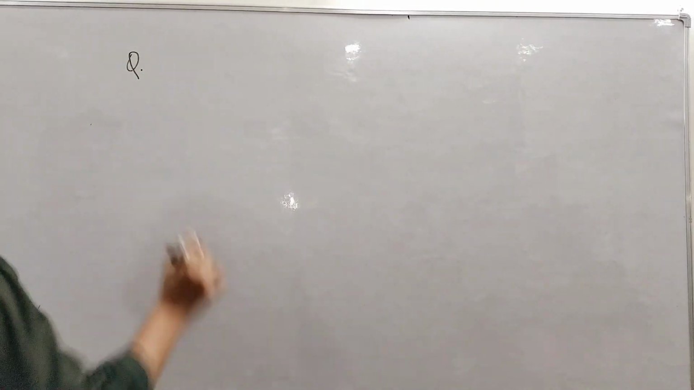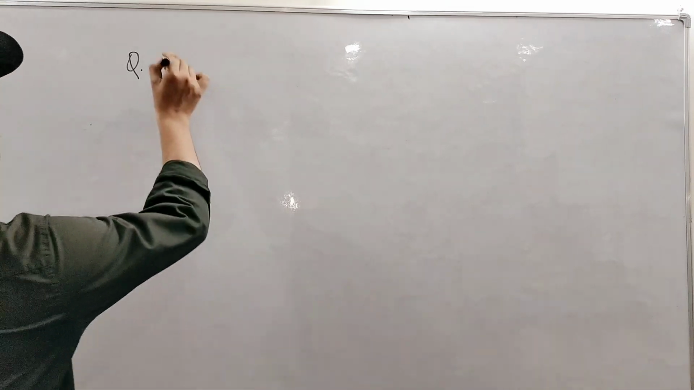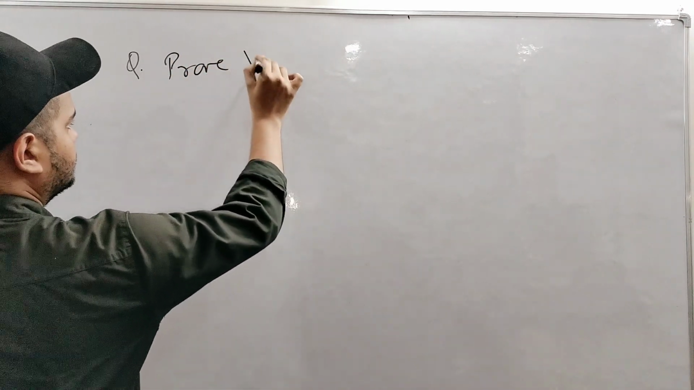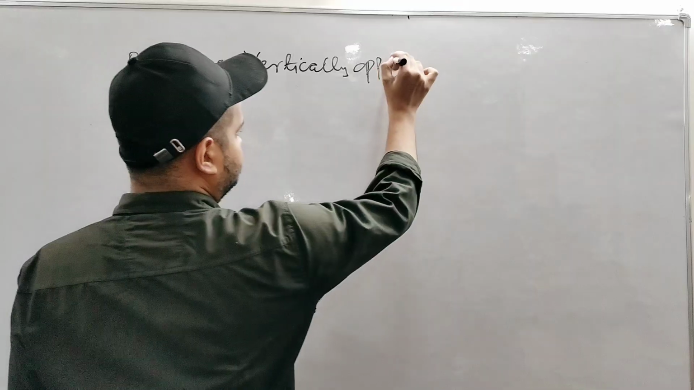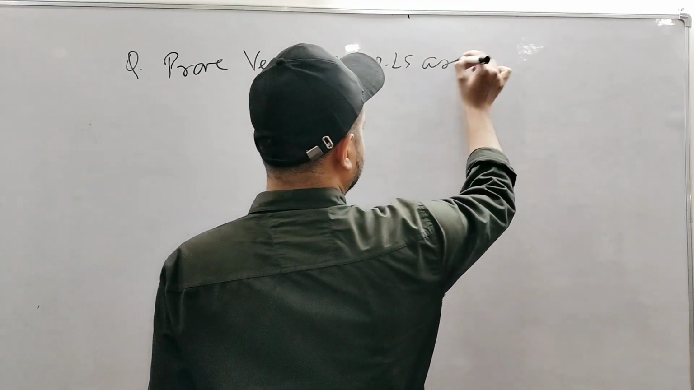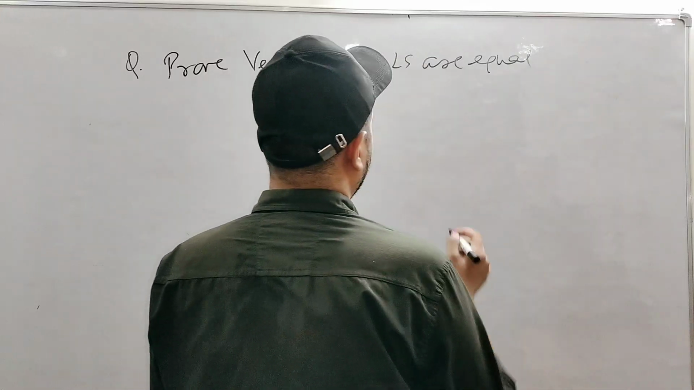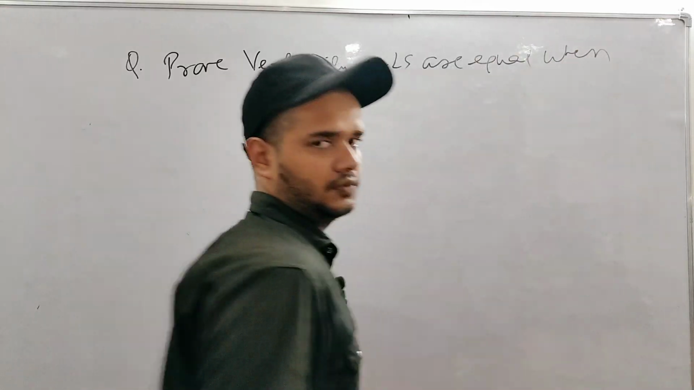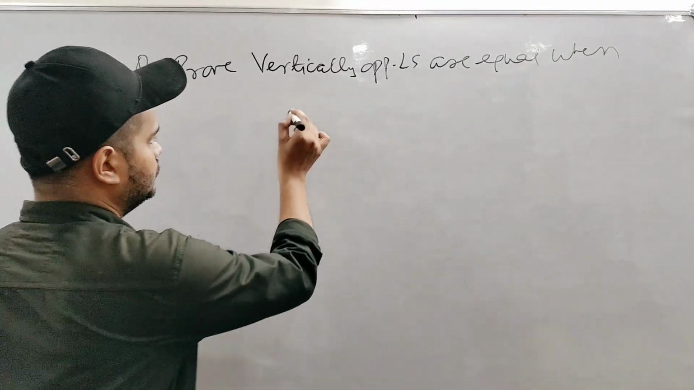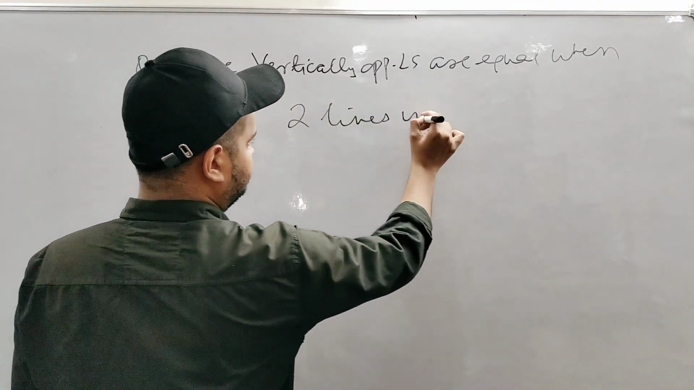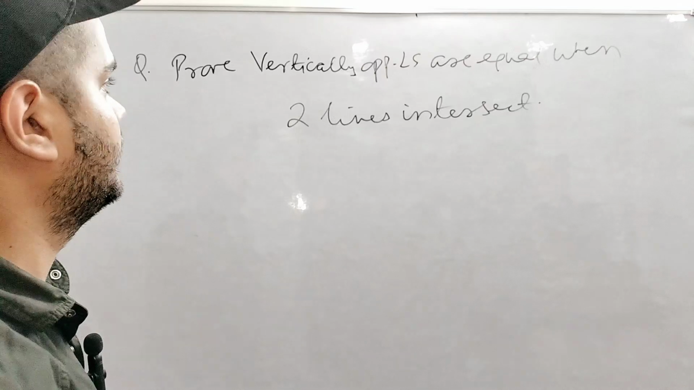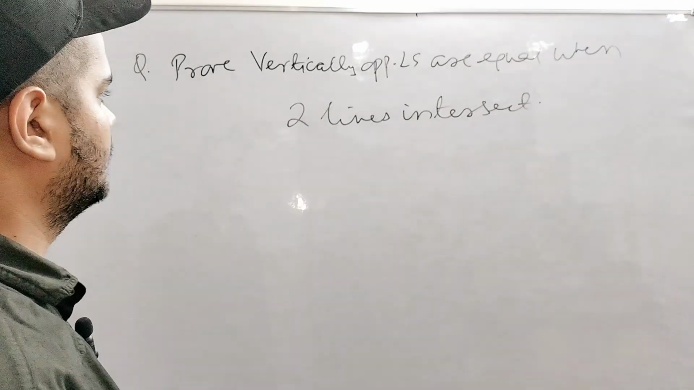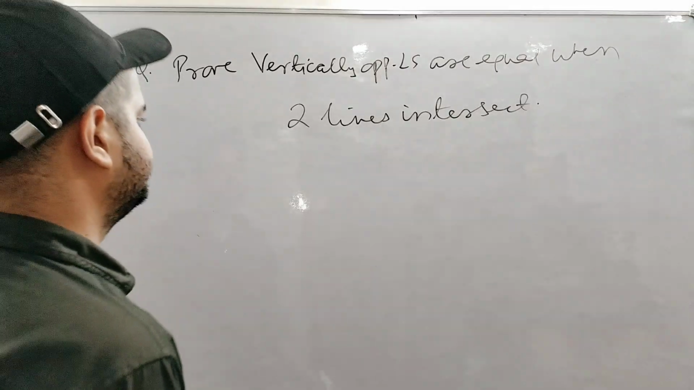Now before moving further, we will prove the vertically opposite angles property. So we'll prove that vertically opposite angles are equal when two lines intersect. Prove that vertically opposite angles are equal when two lines intersect. So